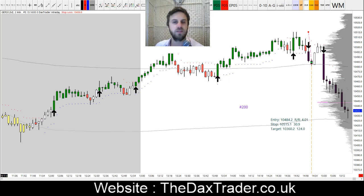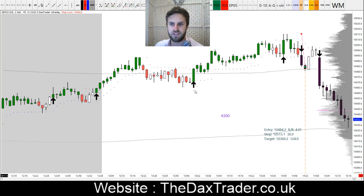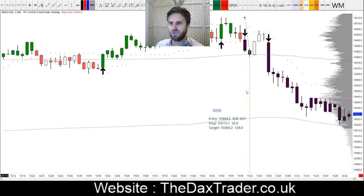Technically it's a valid signal, and you could have bought on that and put your stop loss underneath this guy, and you would have got in on this candle here, and it looks like you would have got out somewhere over here, probably when this candle closed. Not a huge profit, but certainly a little bit. But the one we took was this short,